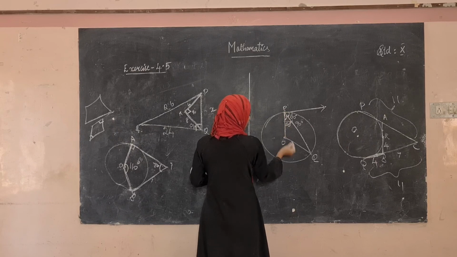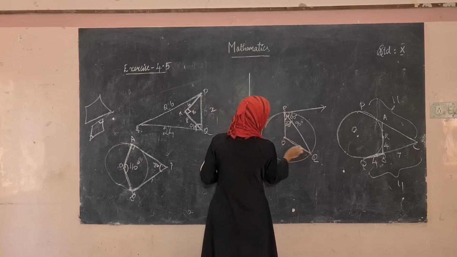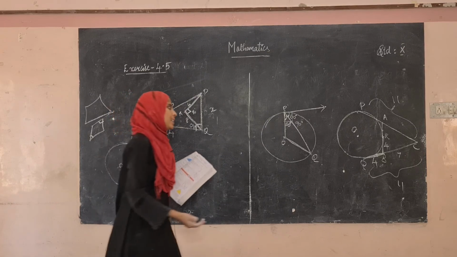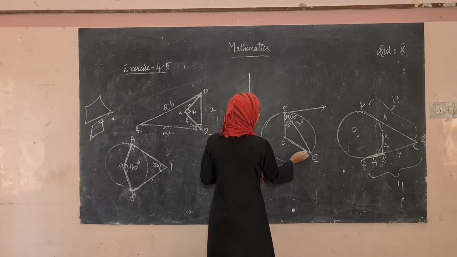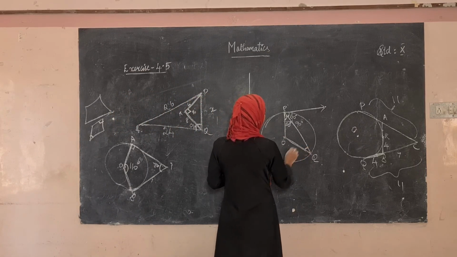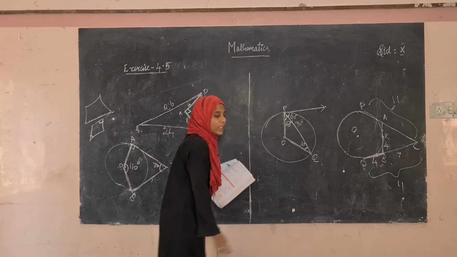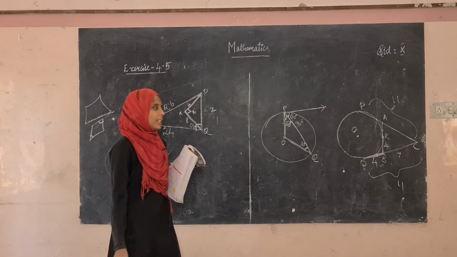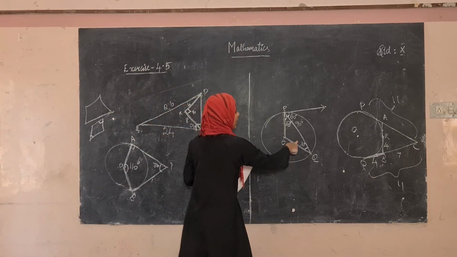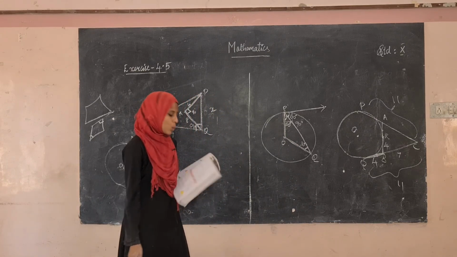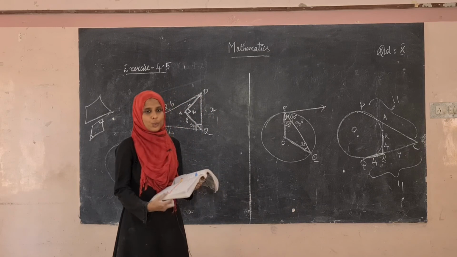See here, this is a radius and this is also a radius. Therefore, if 2 sides of a triangle are the same, we can say that it is an isosceles triangle. In an isosceles triangle, the angles opposite the equal sides will be the same. If this is 30 degrees, this is also 30 degrees. In the triangle OPQ, the sum of the angles is 180 degrees. So 30 plus 30 is 60 degrees. 180 minus 60 is 120 degrees. So the option is 1.